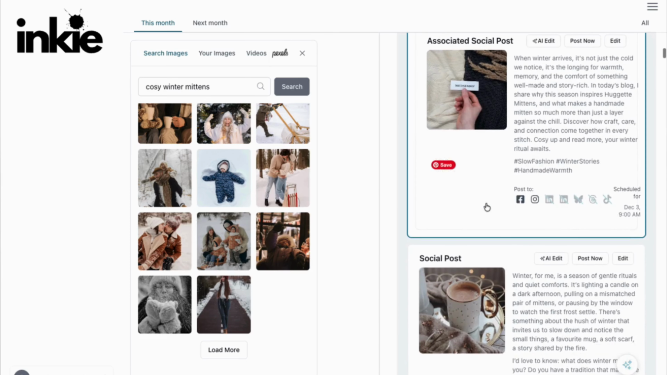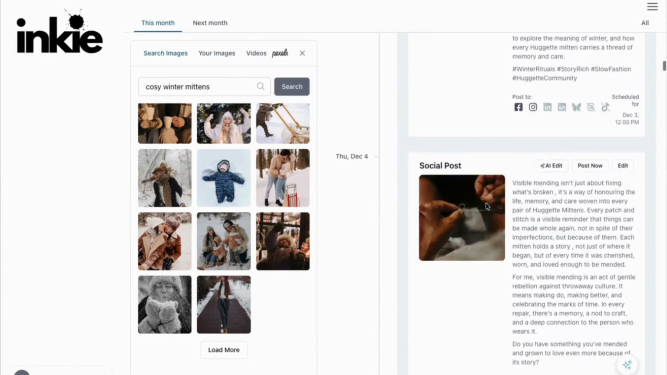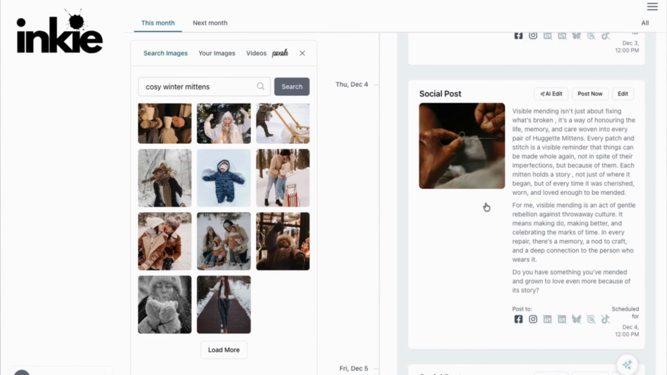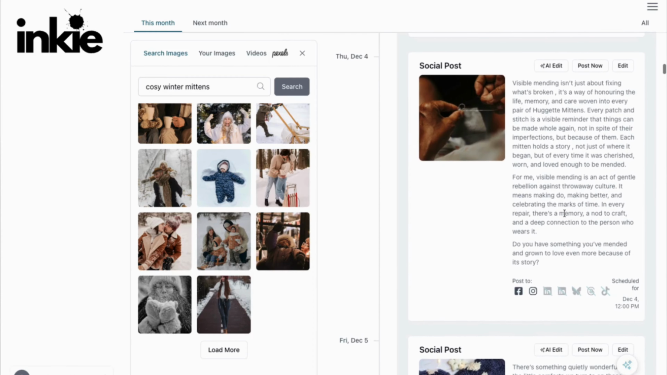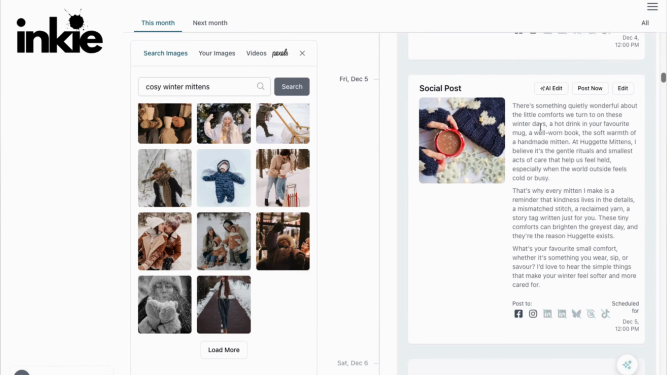And let's go on to a social post. So this one is going out on Thursday the 4th. That's actually quite a nice picture. I might leave that. And that one is about visible mending. And yeah, that all looks good. On Friday the 5th of December,